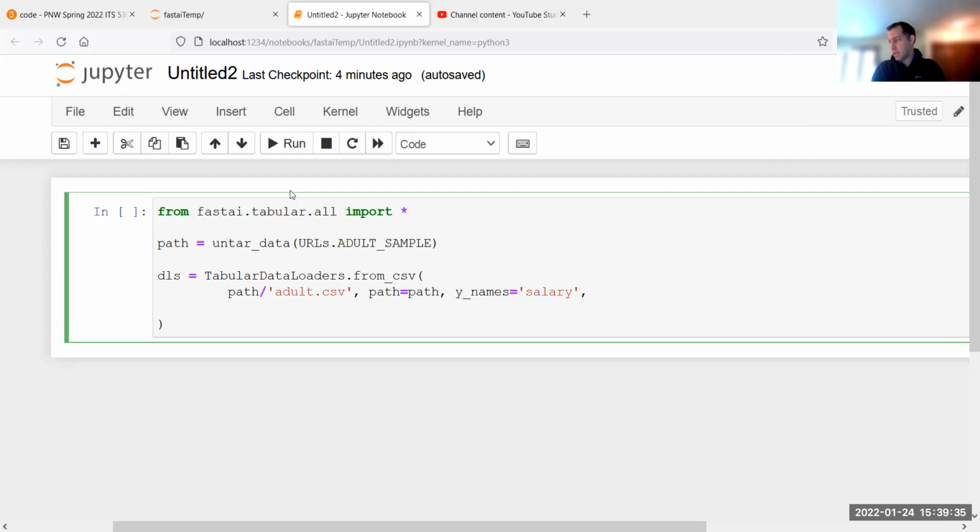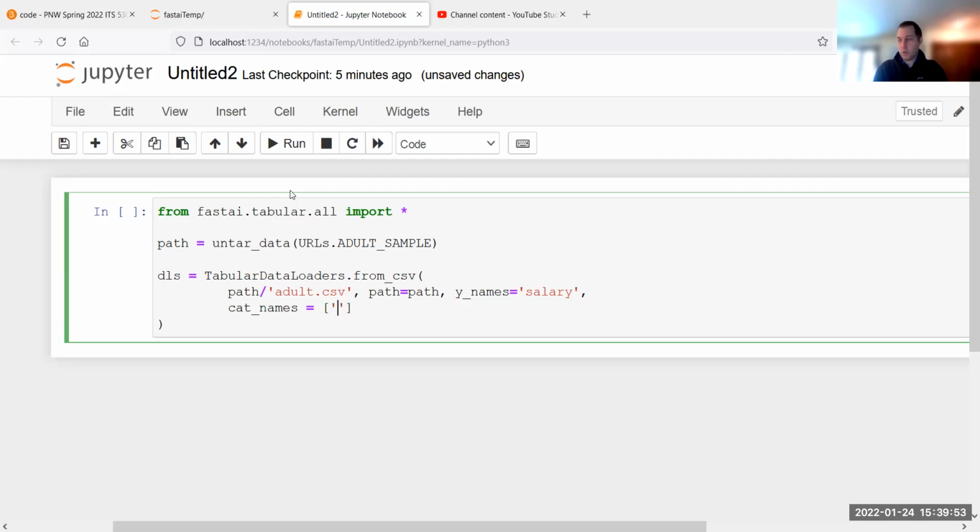So I'm going to say here, cat names, categorical names, and you just really have to specify from your file these as a list.